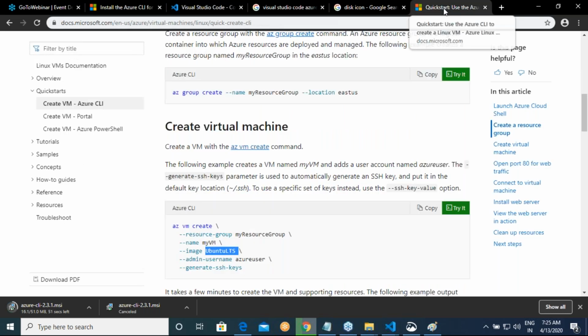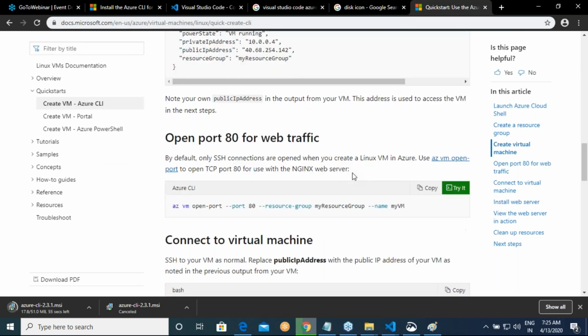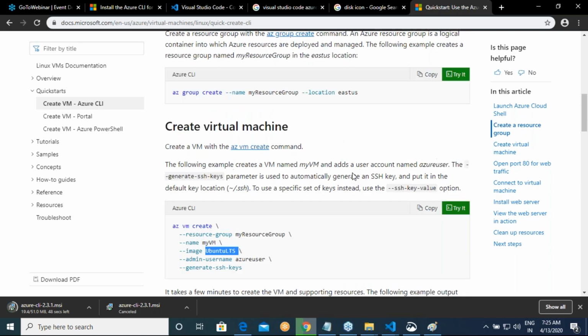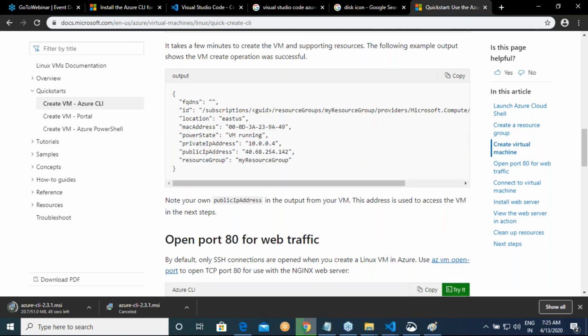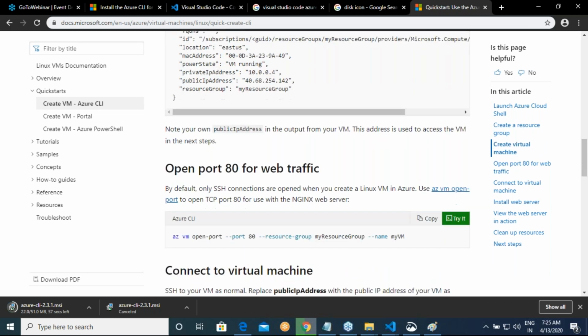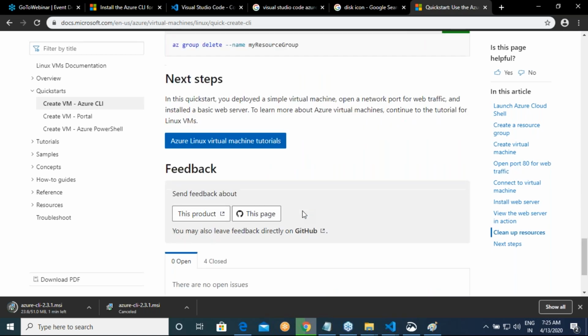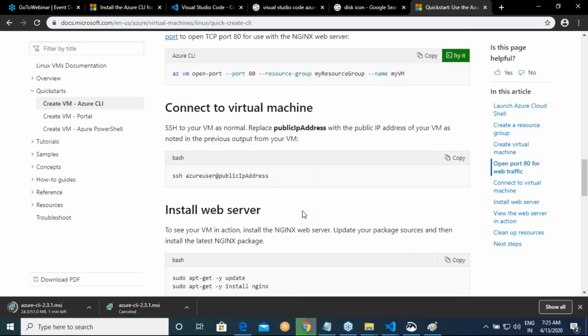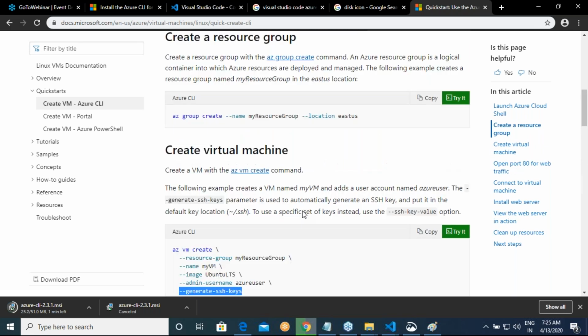Okay, you have to just follow the document, man. That's it. Okay. Most probably, I think SSH keys generate. Did he do SSH key? Okay. He has used generate SSH keys. Fine. That is the only thing that might have caused you a bit of trouble. Okay, fine. That's okay.